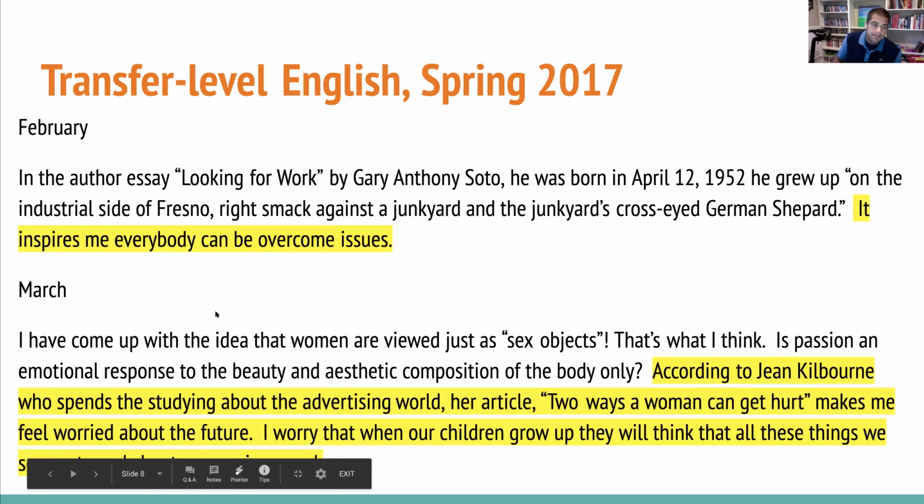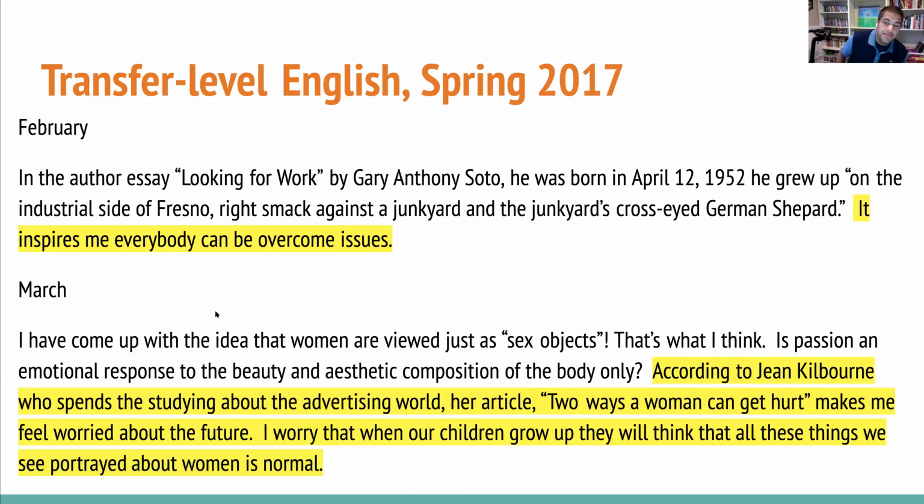So this next sample is from the following semester where she took transfer level English. And it's important to note that there are different instructors. I had the pleasure of having her in my class again for my intro to literature class, but this semester was with a different instructor than me. She was in my integrated ESL class and then moved on to a different instructor's transfer level English course with CoRec support. So we can see that there's a pretty big jump.